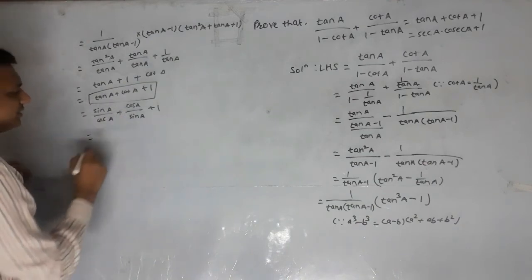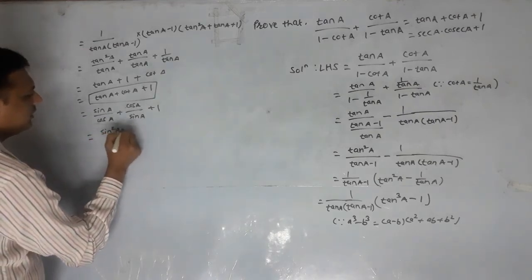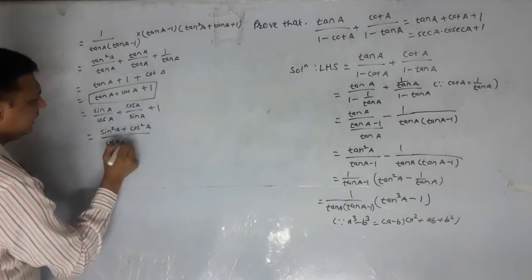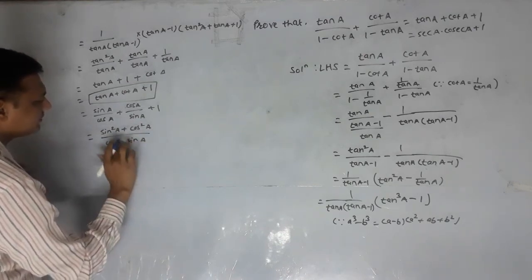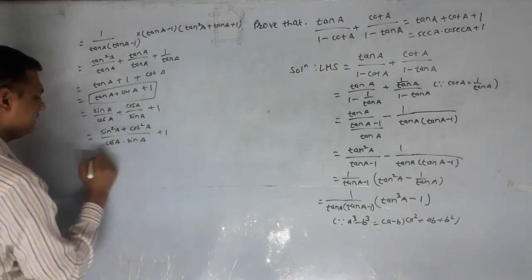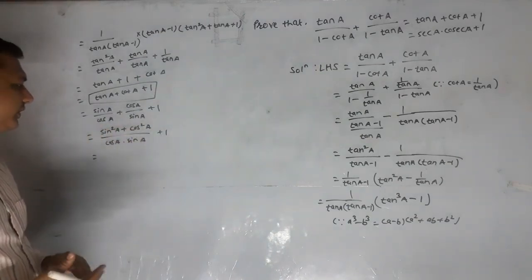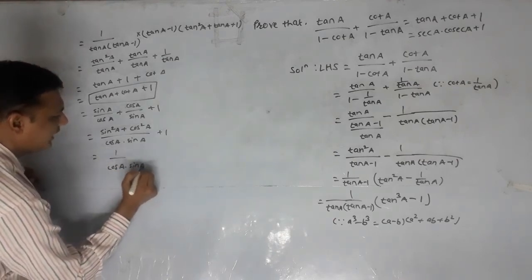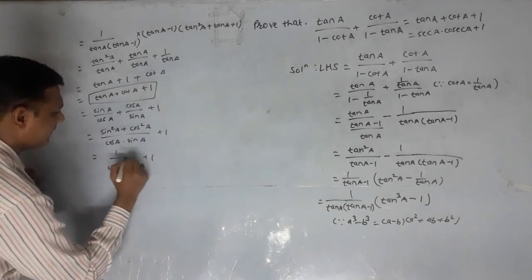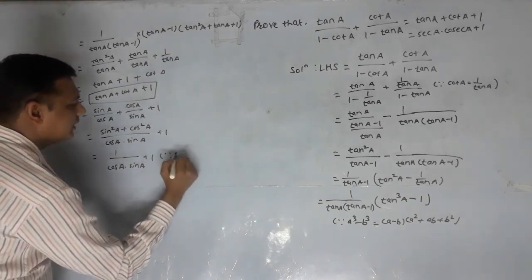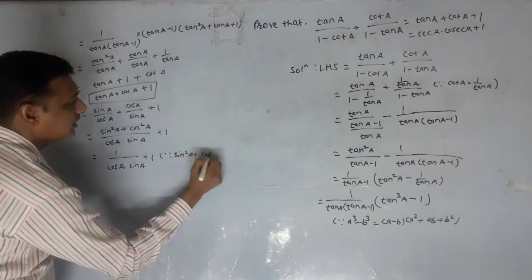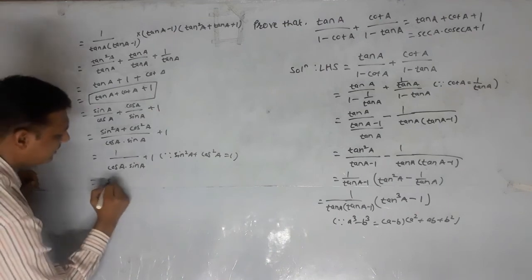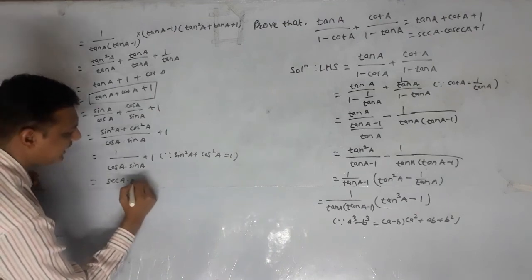So sin square a plus cos square a upon cos a into sin a plus 1. We know that sin square a plus cos square a is 1. So 1 upon cos a into sin a plus 1, since sin square a plus cos square a is equal to 1. So 1 upon cos a is sec a into 1 upon sin a is cosec a